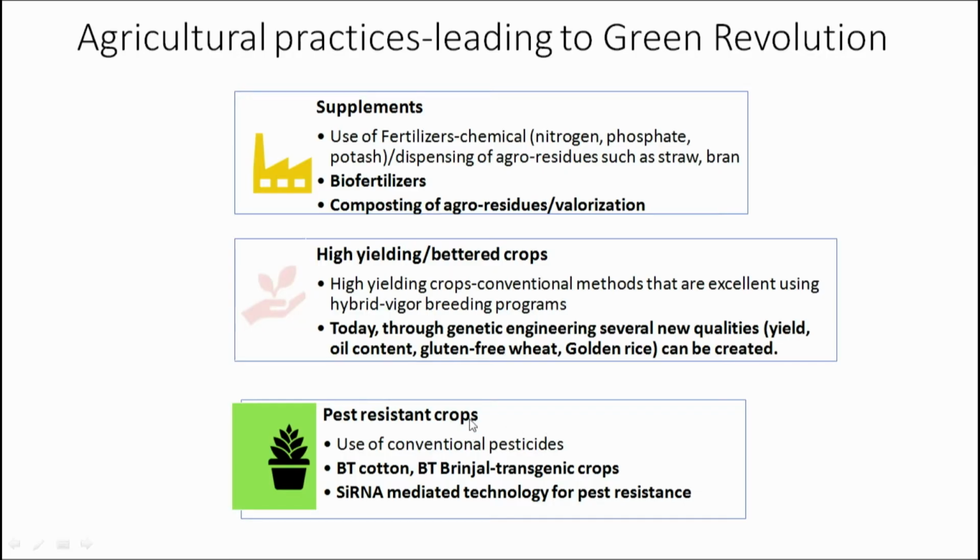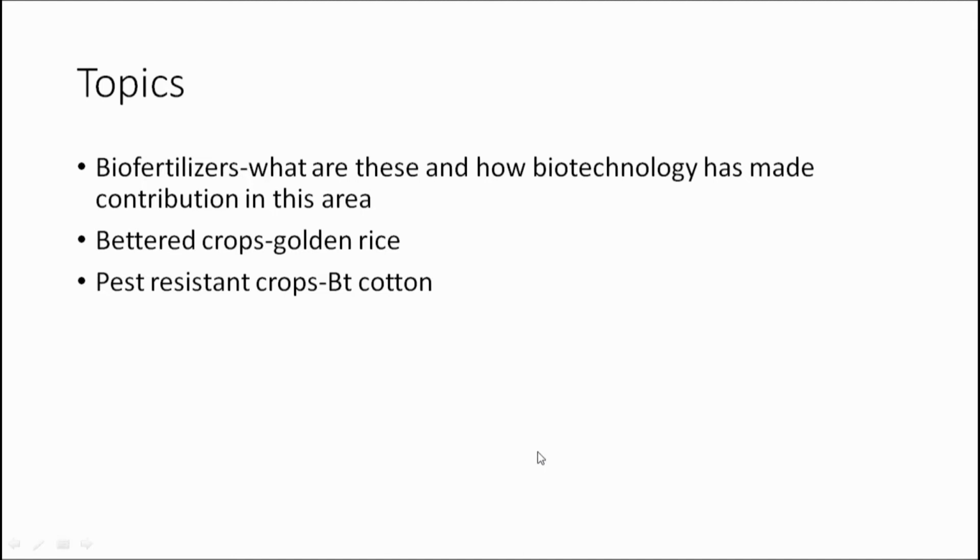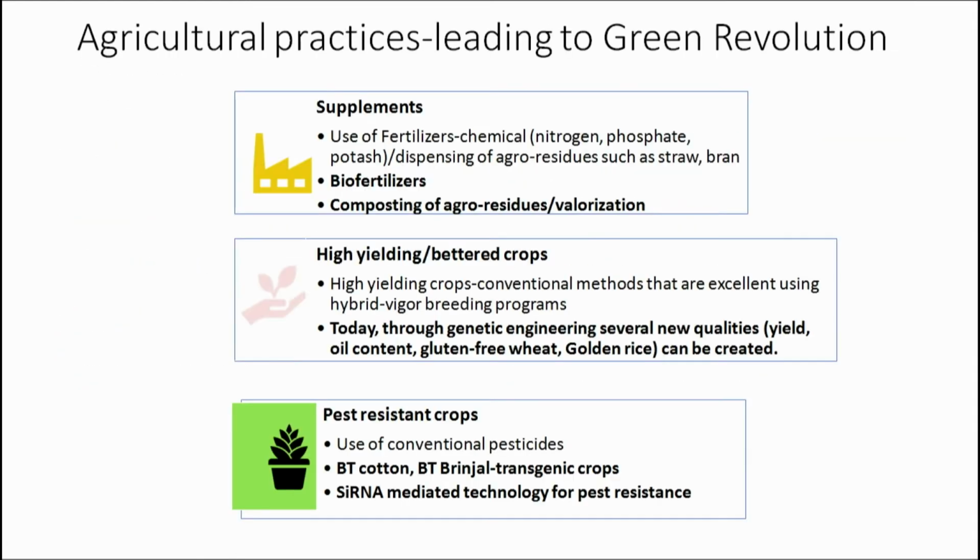In the third box, I will give you an example of developing a pest resistant crop. Till now, the pests which generally infect your crop plants can be removed using conventional pesticides. However, many of these pesticides are highly toxic. If these are toxic, that means eventually the soil health is going to be compromised. So instead, through the techniques of biotechnology, we can create crops which have this pest resistant property.